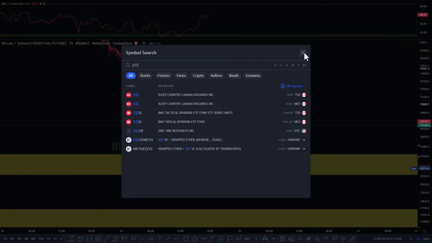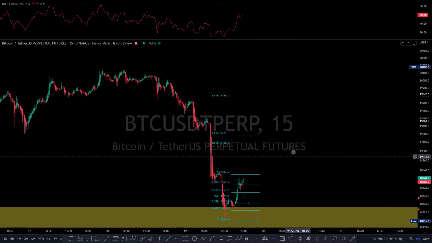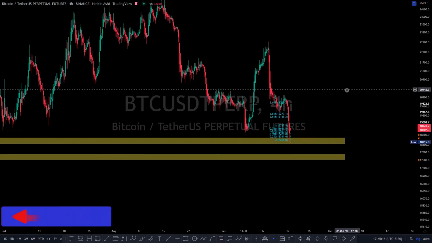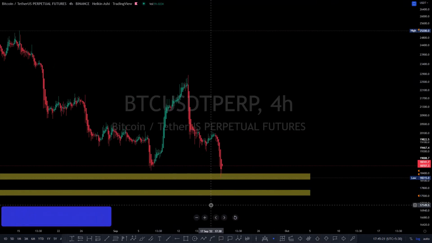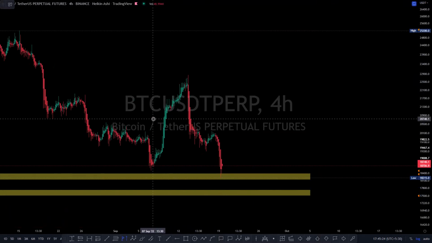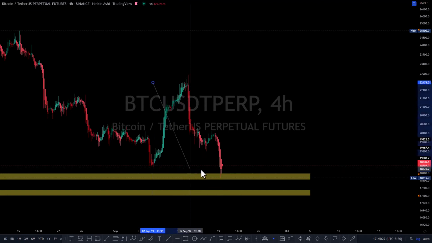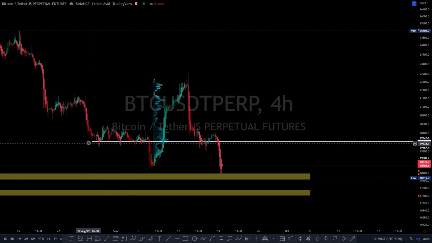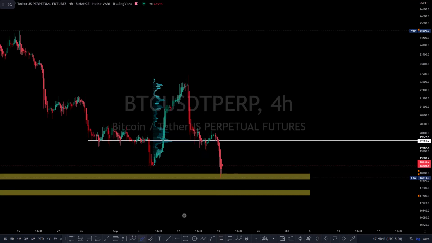I think you all must be clear about Bitcoin now. There is nothing. It's quite straightforward over here. Okay, and once we enter a trade in Bitcoin, you can see that the take profit levels are endless over here, because you can see we have just dropped down in a straight line. Okay, if I put the POC from here to here, then you can see that the POC is at 21623, and if I extend it a little bit more, then the first point of control is at 19706. Okay, so you can mark this level in your chart, and price will at least come and tap the 19765 level and then only come down.